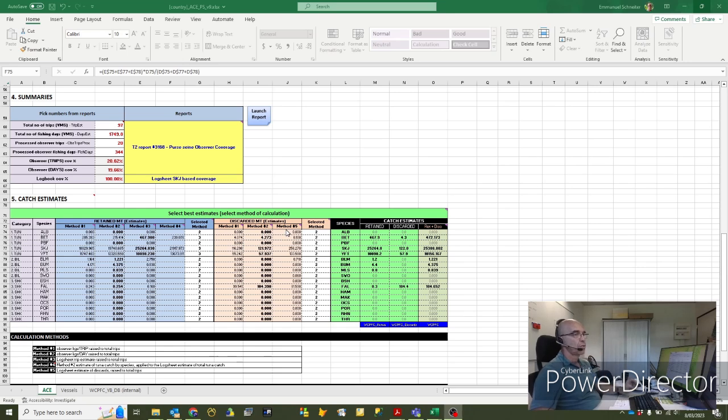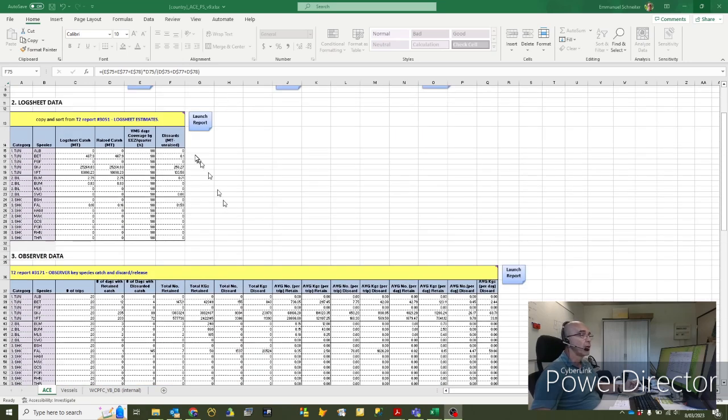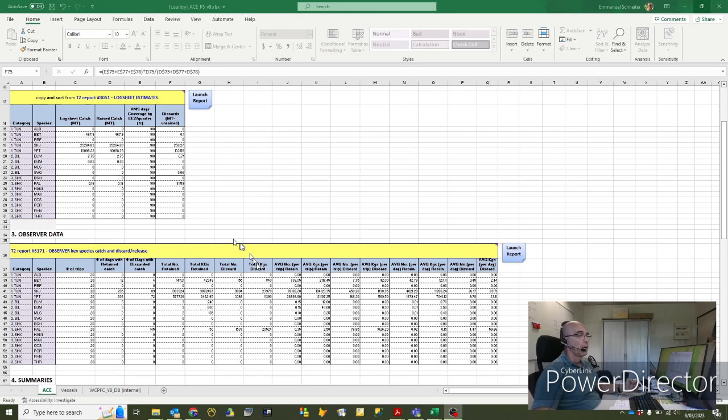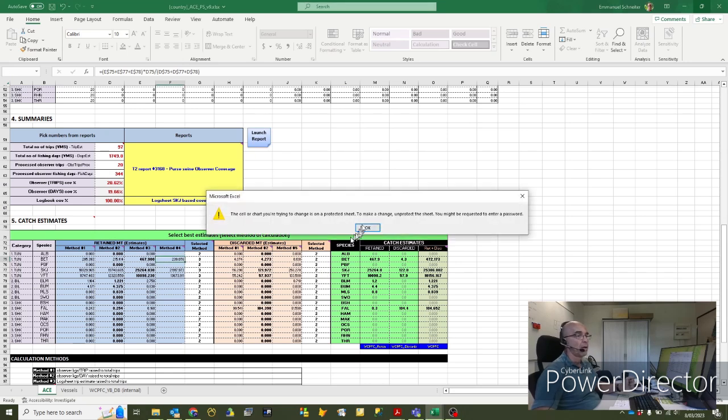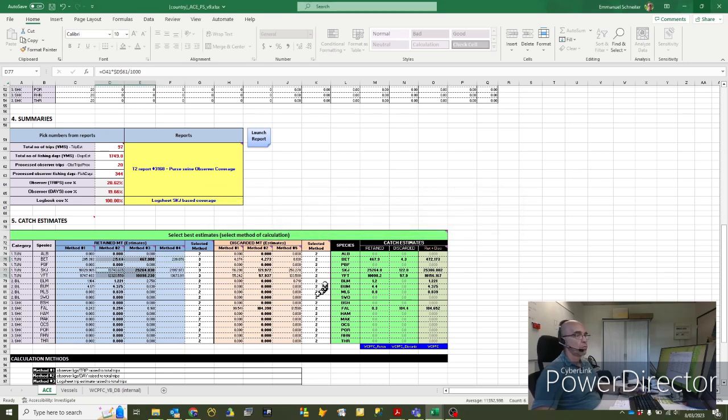There's another method, which is method number 5, and basically if your observer data is poor or if you've got nothing, you might just want to use the logsheet estimates of discards. Or if you know that the discards have been properly reported in logsheets, like in this column here, if you know that it's well reported, you can use method number 5, in which case you would write 5